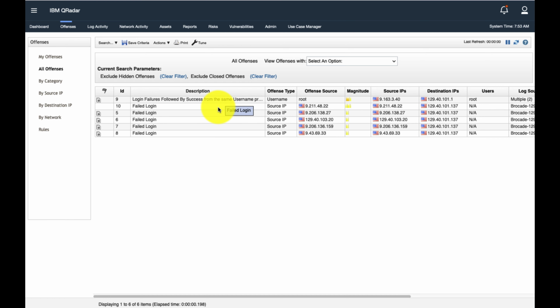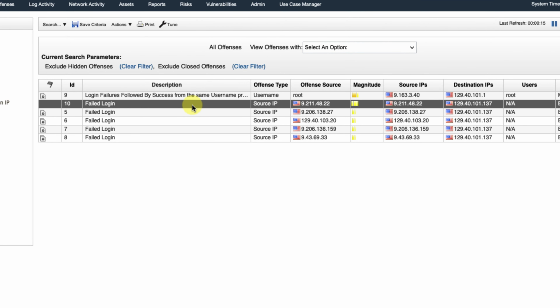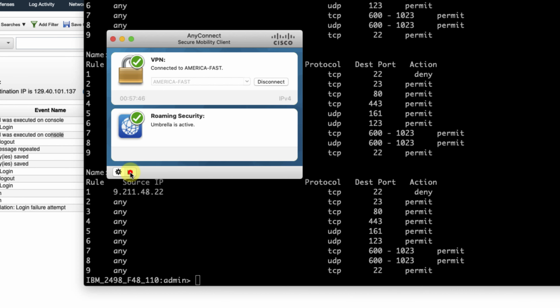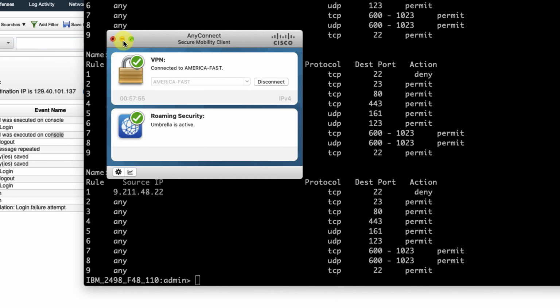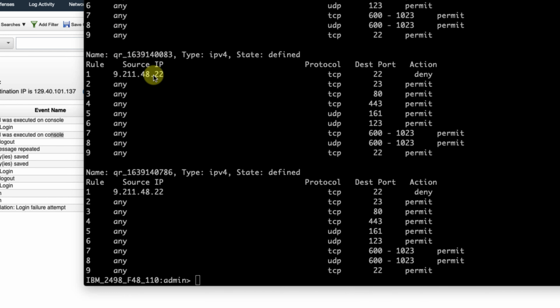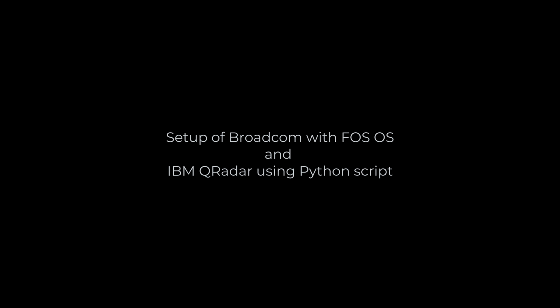You can actually see that I've brought this up a bunch of different times as part of tests, and we call these offenses. So you can see where we've done this before inside QRadar in preparation for this video. You can actually use this as an on-running tally. And as part of this, you wanted to verify that I'm actually using that IP address. There it is, live. There's my Cisco AnyConnect trying to get in to the IBM network, proving that there's the IP address. Let's get into the setup now of how to do the Brocade with QRadar.